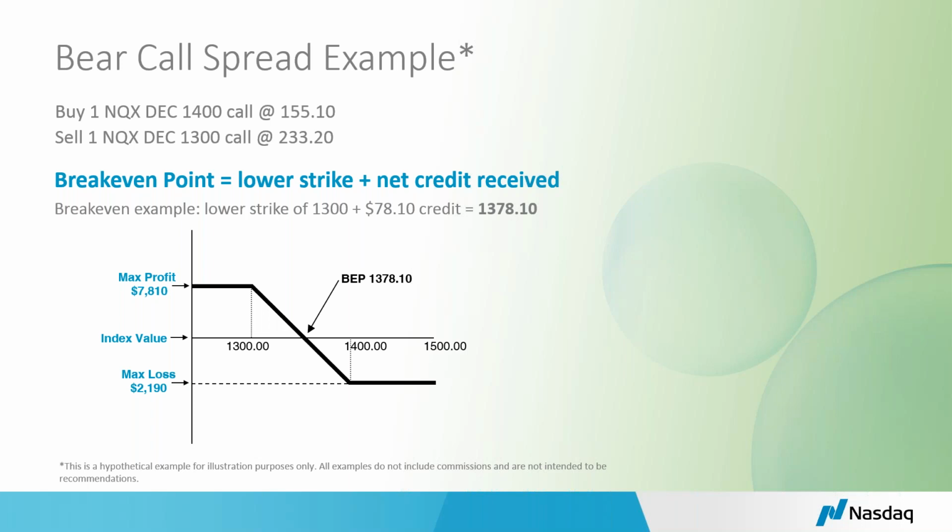Of course, we have to deduct brokerage commissions at the end of the day. But as we move higher in the marketplace from 1300 and go through our break-even price at 1378.10, the trade is now going to incur a loss. Let's say the market at the end of the year continues its bull run, and it finishes above 1400. At that point we're looking at a maximum loss, the high strike minus our break-even, coming out to a maximum loss of 21.90 points, times $100,